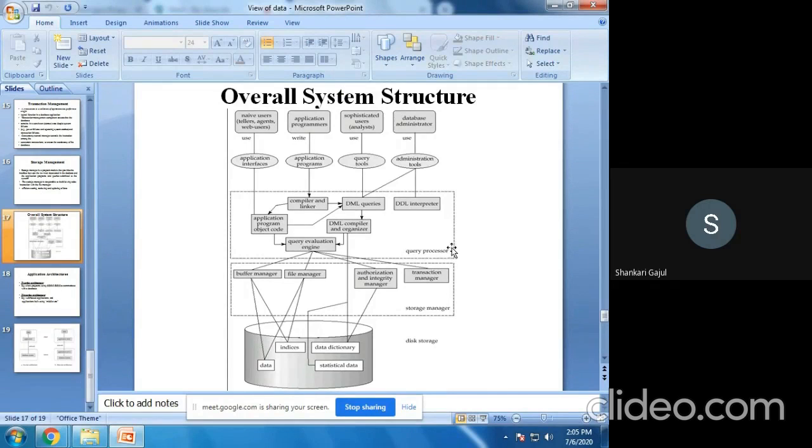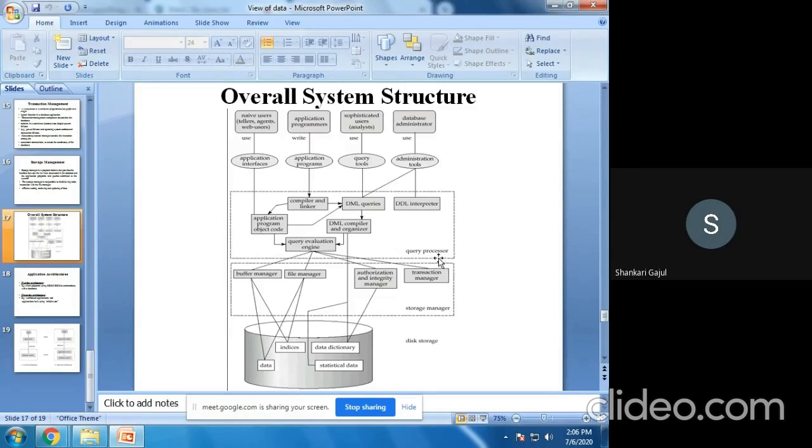The query processor basically includes the DDL interpreter, which interprets the DDL statements, and the DML interpreter, which interprets the data manipulation statements. So what are the data manipulation statements? These DML queries are related to the kinds of operations we do on the database: selecting, deleting, or inserting. All those jobs have to be done by the DML query processor.